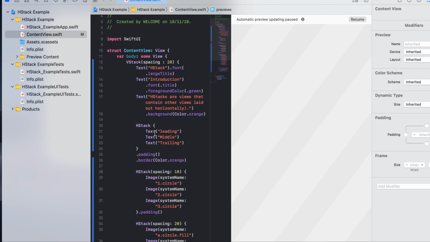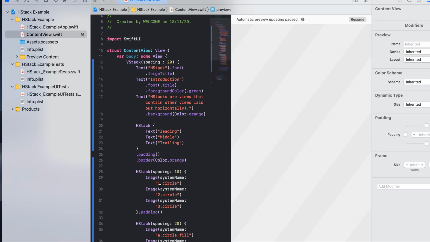So text leading, text middle, text trailing. If you see, these three will come horizontally. Okay, then there is a small amount of padding, dot padding. Then dot border color dot orange, so there will be a border around that with color orange. Then HStack again, spacing 10. So between these there will be a spacing of 10.